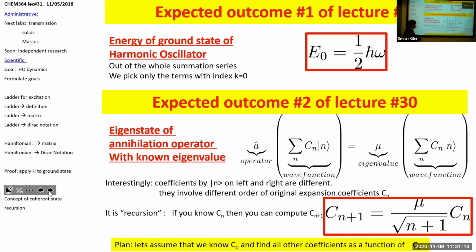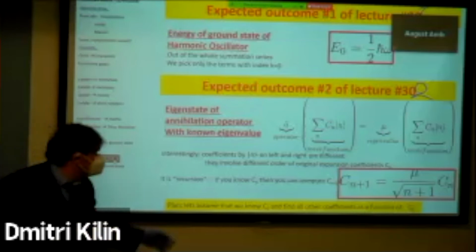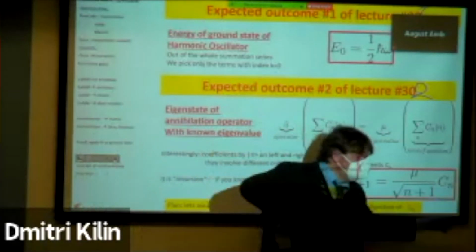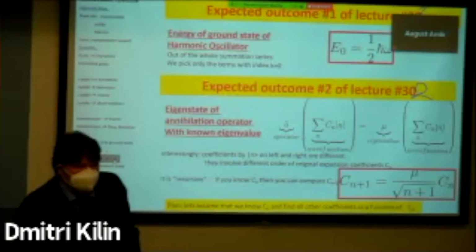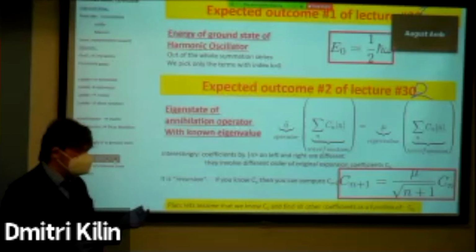So here was the list of expected outcomes that we decided to pursue last time, and we are going a little bit slower than originally planned. So by the end of today's meeting, I would like to get this relation, this equation. And the goal is, once again,